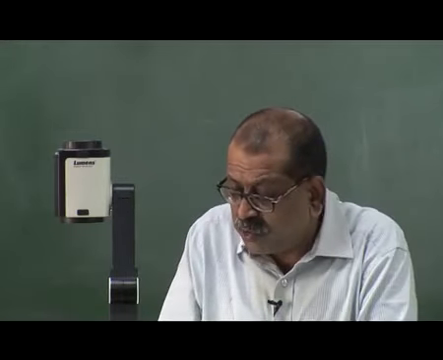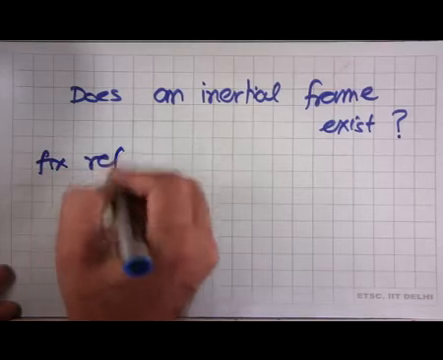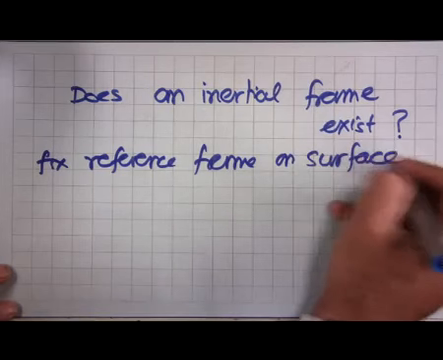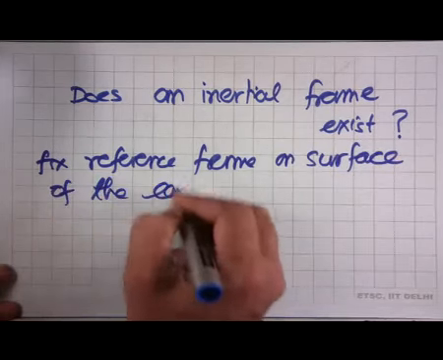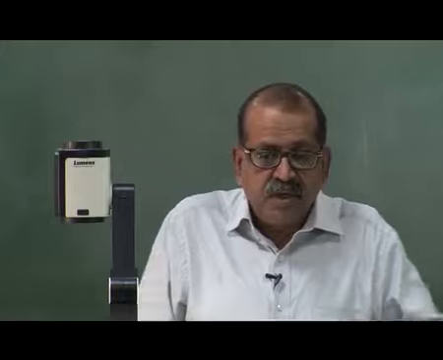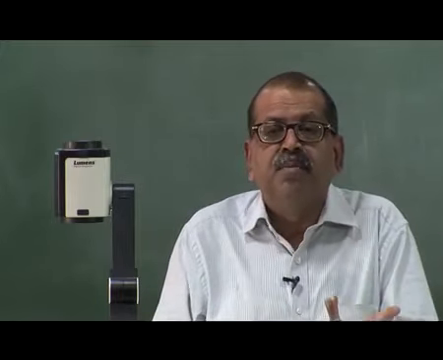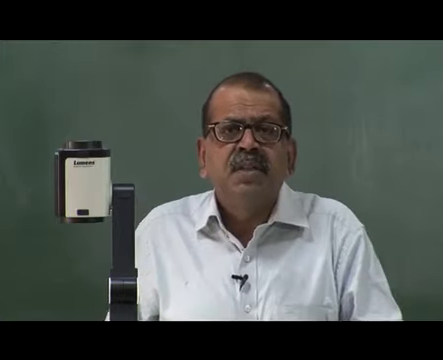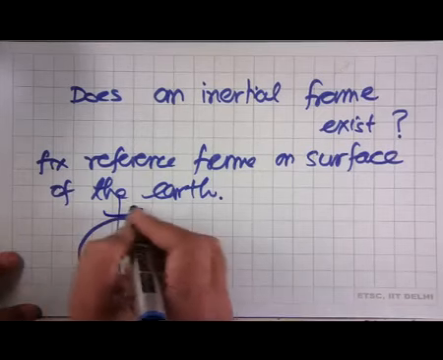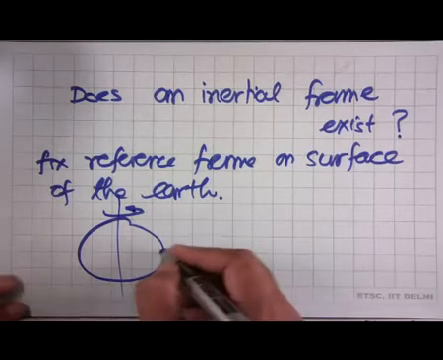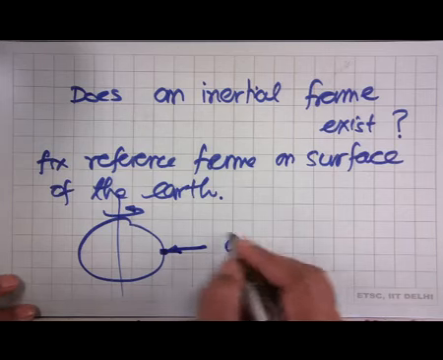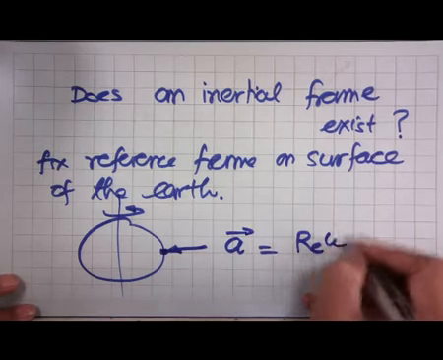So, in most cases what we do is we fix the reference frame on the surface of the earth, and then we ask, is this frame inertial or not? Well, when I am standing on the surface of the earth, I do not see any motion. So, it obviously looks to me that this is an inertial frame. But what we know is that the earth is spinning about its center, and so suppose I am at the equator, then at this point on the surface of the earth, the acceleration is equal to Re times omega square,